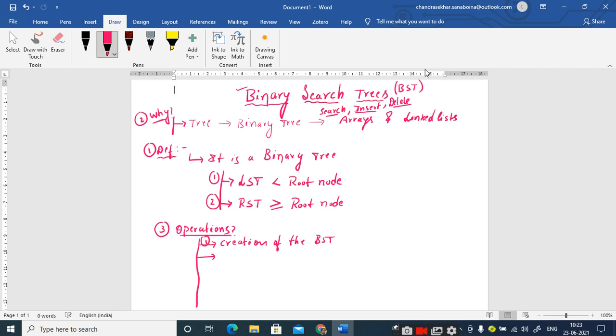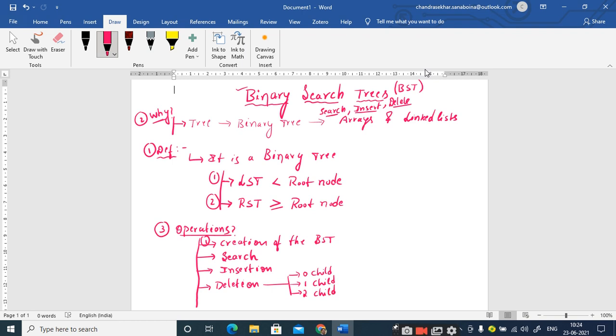After that we discuss the search operation on the BST, then the insert operation, and then the deletion operation. Deletion is not a single operation: we have to discuss deletion of a node with 0 children, with 1 child, and with 2 children.